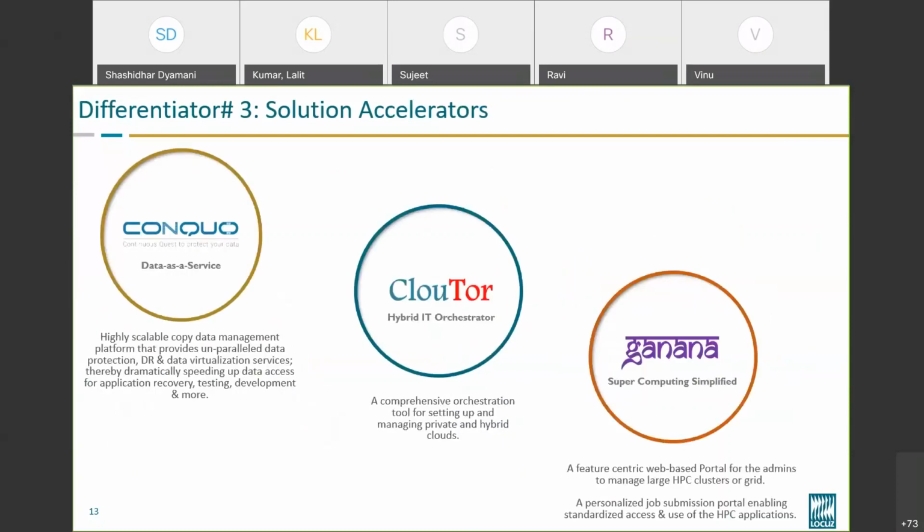Some of the differentiators, especially the middle one you see, is Clouter. I'm going to tell you how Clouter helps us when we do assessment services